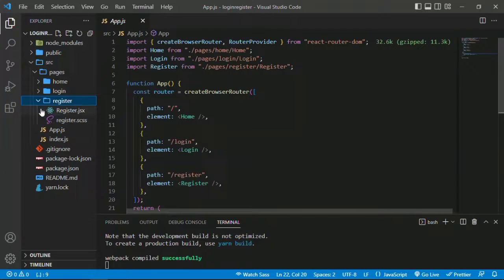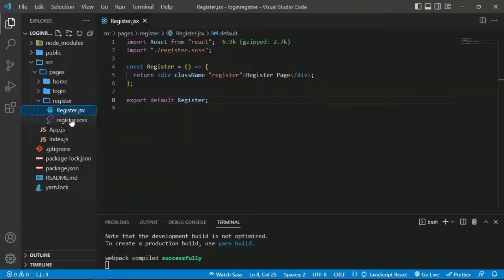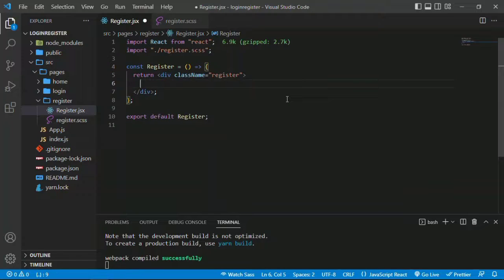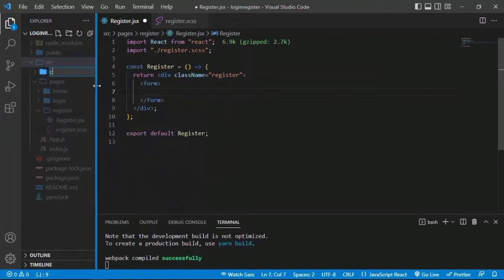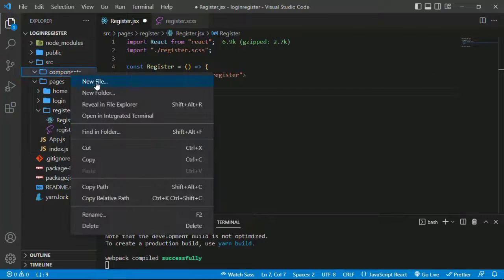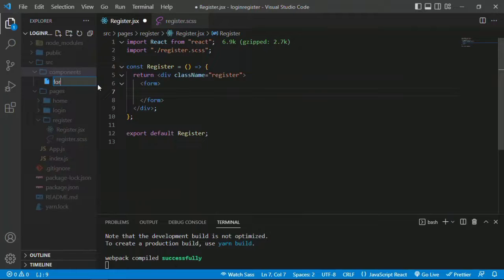All right, so let's build our register page. All right, so here I'm going to have my form, but I don't really want to have my form fields in here. I'm just going to create a component for it. So here I'm going to say in my form tag, all right, I'm going to have my form input here as a component. So let's create a folder here, components. So here I'm going to say components, and then in here I'm going to create a file, say form